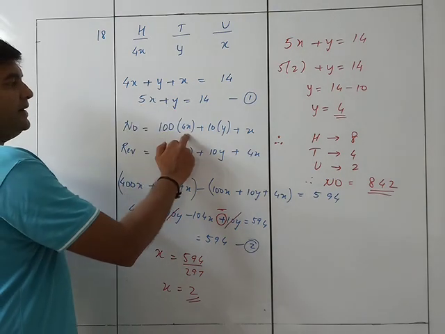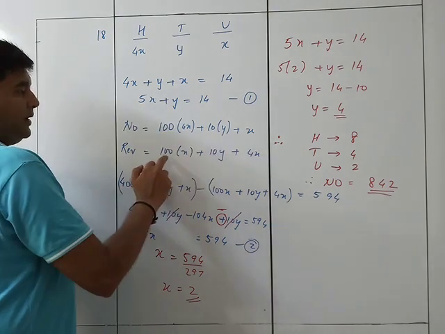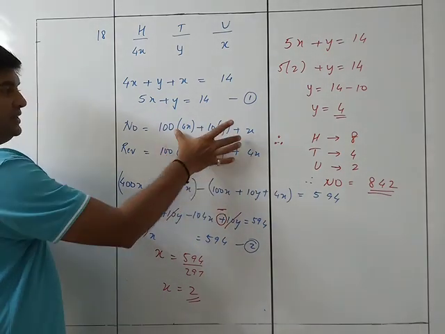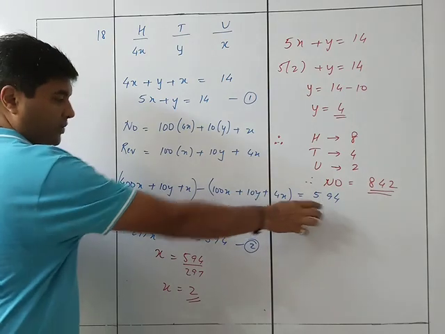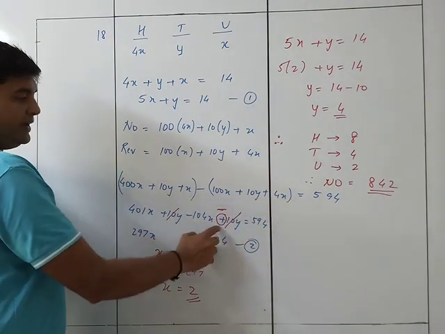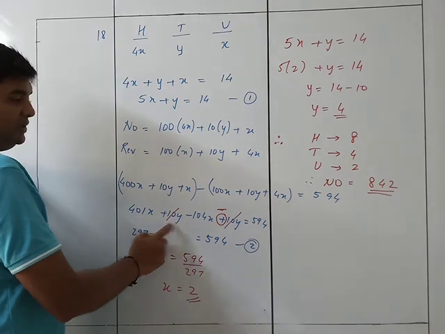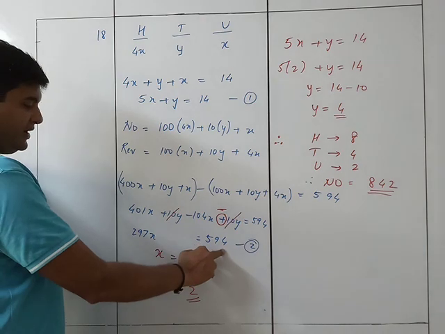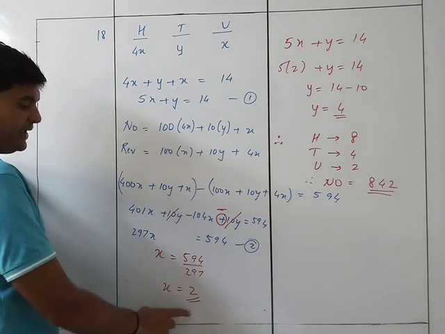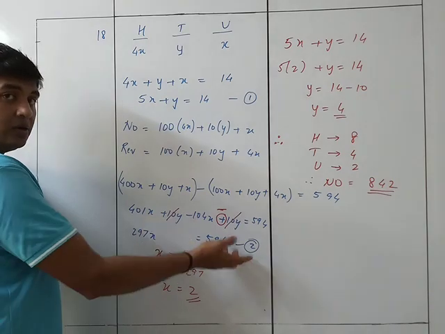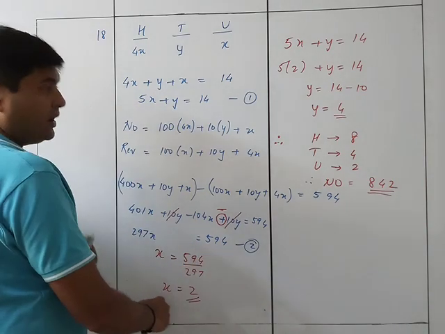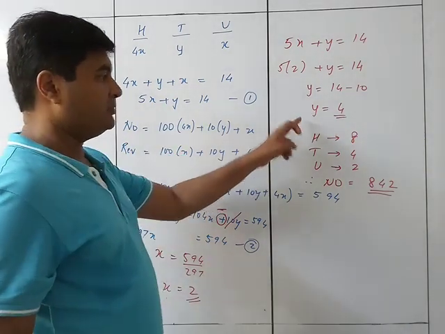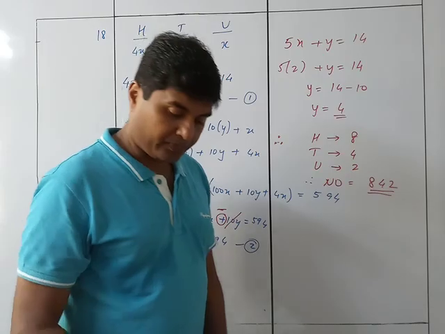The number becomes 100 into 4x plus 10y plus x. Reversal will be 100 into x plus 10y plus 4x. So accordingly, when we take this minus this, we get 594. On opening the brackets over here, we get minus 10y, this is plus 10y, so this 10y and this 10y get cancelled. We get 297x is equal to 594. So x is equal to 594 upon 297, x is equal to 2. Here y is getting eliminated in the first equation itself. Accordingly, we place this value of x over here and we get the value of y as 4. So the number becomes 842. Okay. So this was